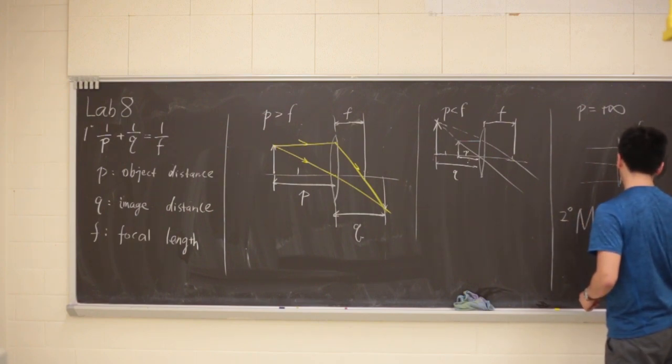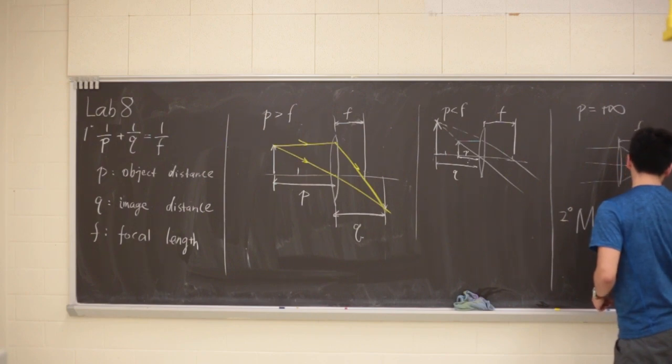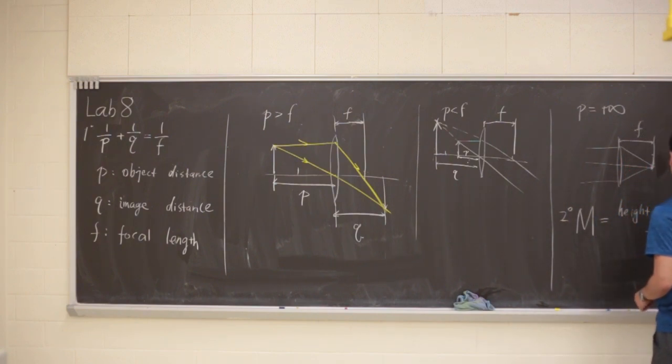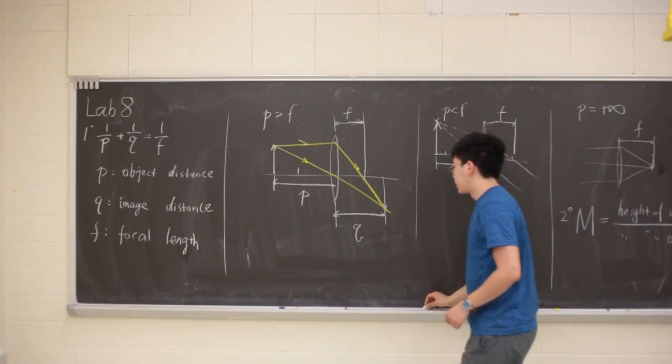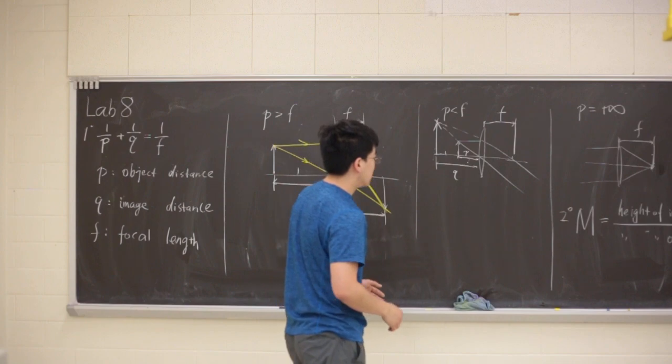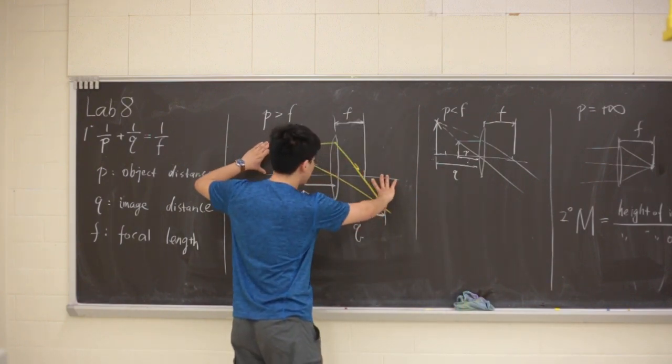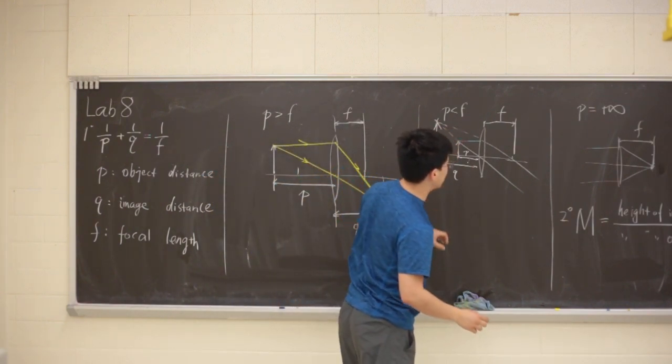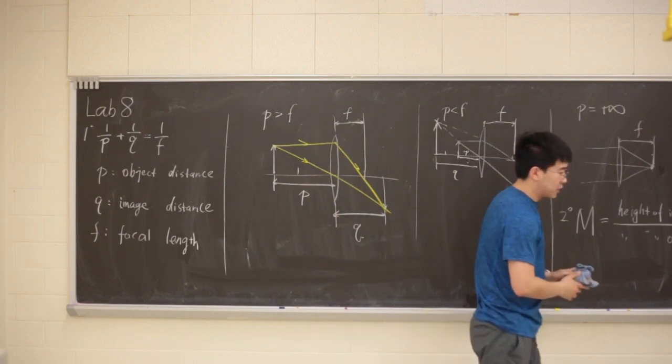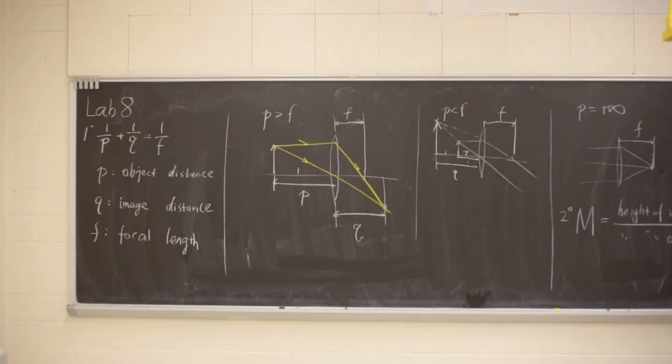The height of the image over the height of the object. So you can see that is positive, that's negative, that's positive, that's positive. So even though on the